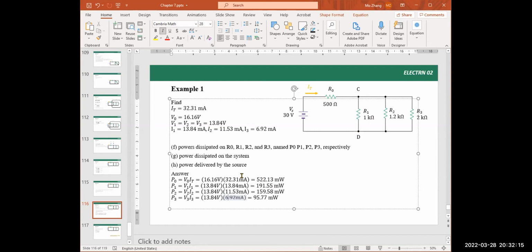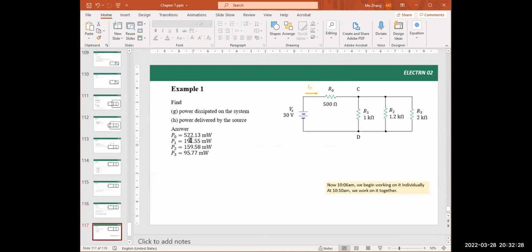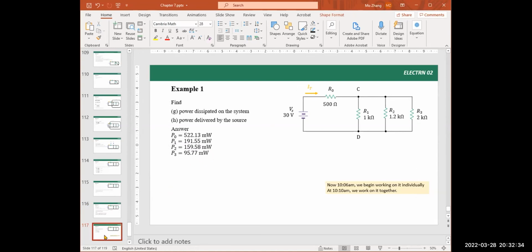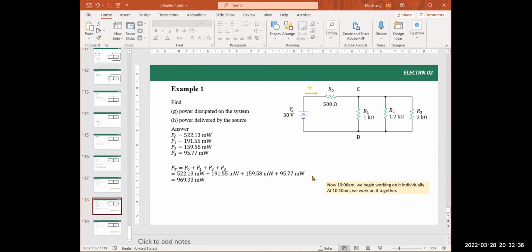The next question is to find the total power. The total power dissipated on the whole system, on the entire system. We just add this up, right? Add them up. So I capture, right? I keep these 4 powers and then add them up. So adding this up,